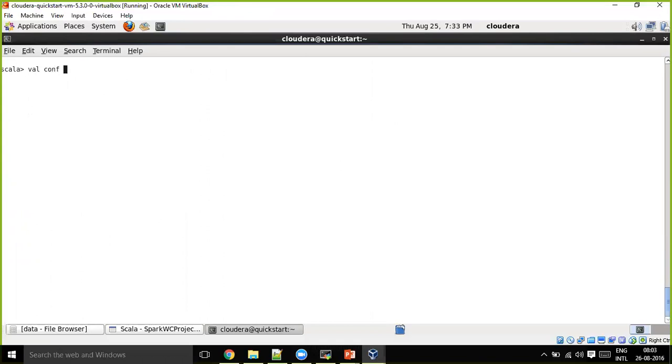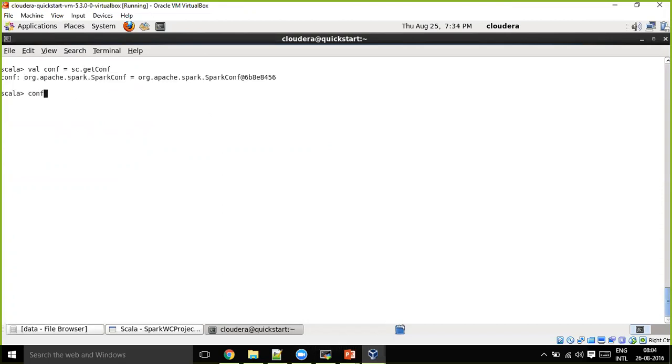val conf equal to, from sc, the Spark context, again you can get the configuration object using sc.getConf. SparkContext.getConf will give you the conf object. See, conf is now a SparkConf object, right?